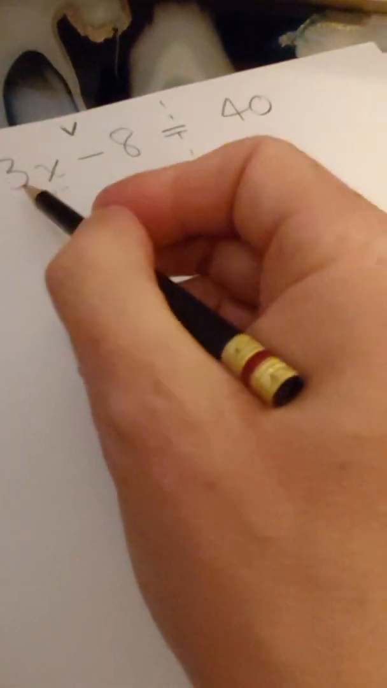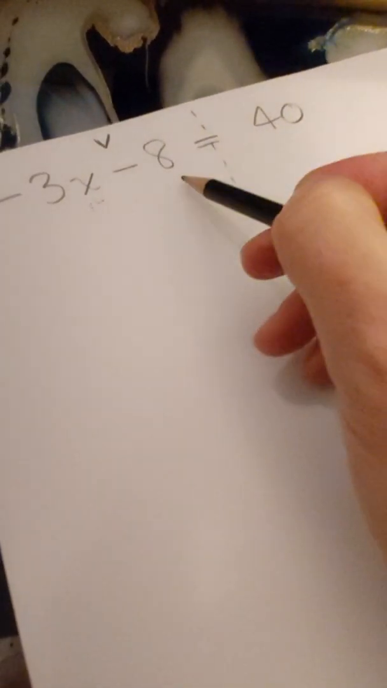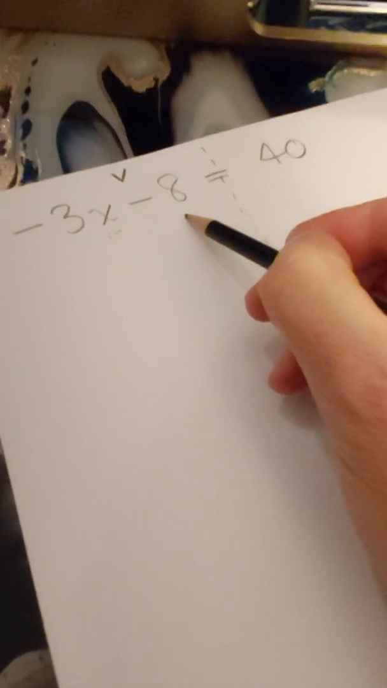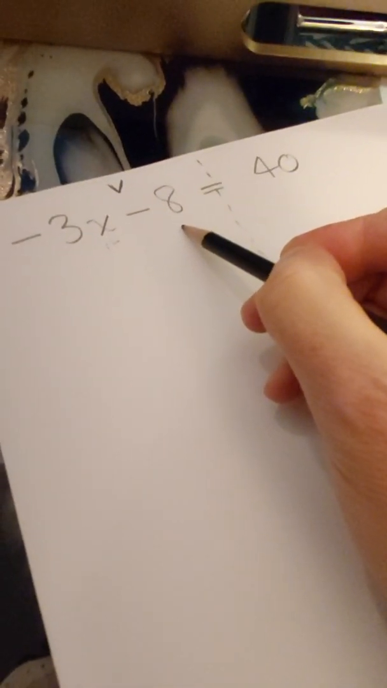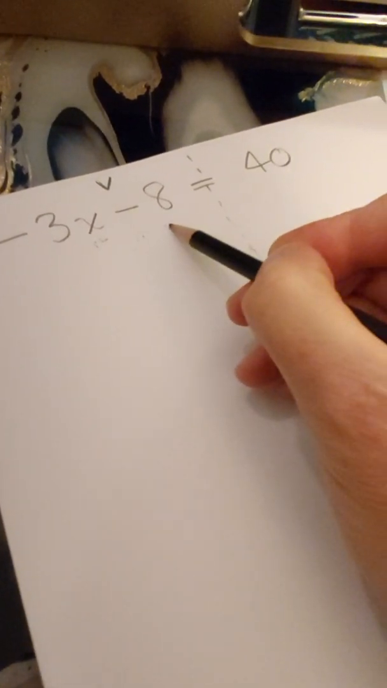So negative 3 times x minus 8 equals 40. This minus 8 is bugging me. I want this gone. It's just in the way. And the only way to get rid of a negative 8 or a minus 8 is to add 8. You always do the opposite operation. So if it's subtracting 8, I'm going to add 8. So my next step, I'm going to rewrite the equation. Negative 3x minus 8 plus 8